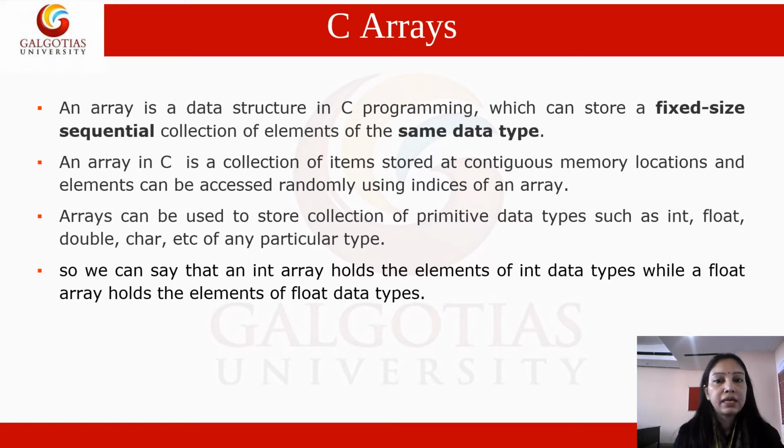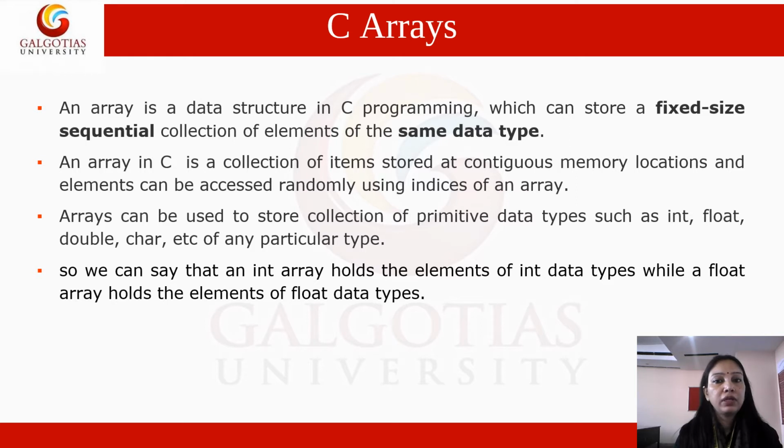So this is the definition, and you have to remember and focus on same data type, or the word homogeneous. So we can say that arrays hold elements of int data type,